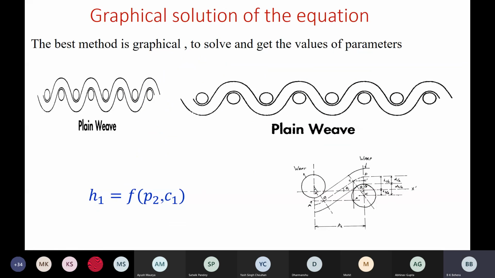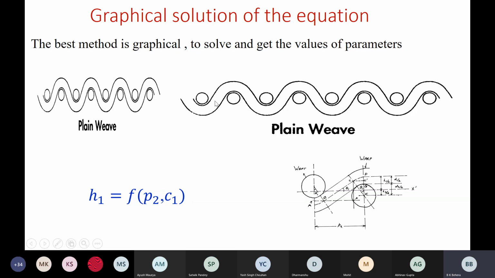See here. If you understand this diagram which I have given you, H is a function of P and C. Look at this diagram, what is H? H is crimp amplitude. This is the center of wave T1. So from here, look at my cursor, H means amplitude from here to the center of this, the center of wave T1 to the center of wave T1. Height of crimp, and how this crimp height is changing. Spacing means distance from here to here. Look at this diagram. Crimp is more, what is the distance? Here crimp is less, what is the distance?